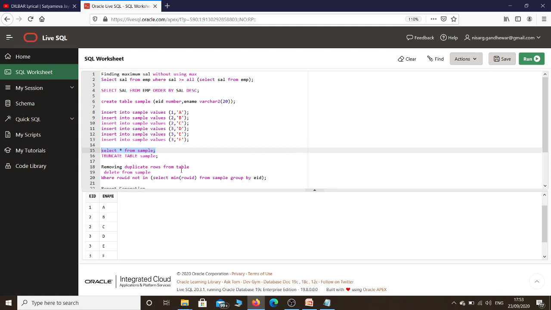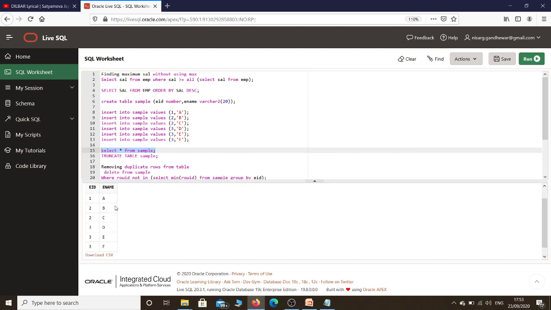So just try to execute this query so that you will come to know. I have just shown you the content of the sample table. It consists of a total of 6 rows, and in the final output I want to remove these 3 rows. Why? The reason is very simple. I need to remove the duplicate rows. One duplicate row is for employee ID 2 and two duplicate rows for employee ID 3 that I want to remove permanently from my table.